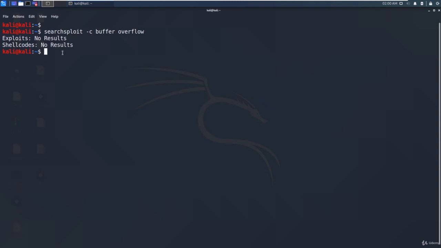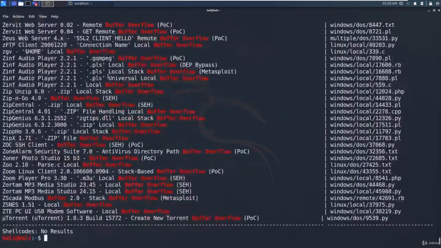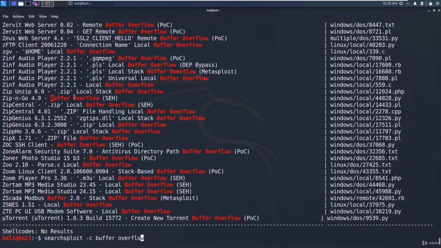Now we got no results, because by default exploits are named in camel case: the first letter of every word is uppercase, like capital B and capital O. What we have done is specify not to search for any other uppercase or lowercase except this one.